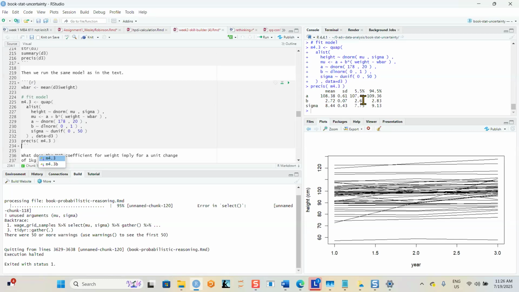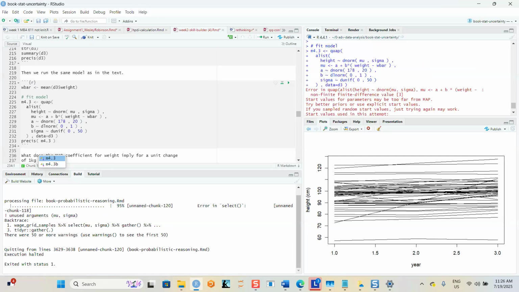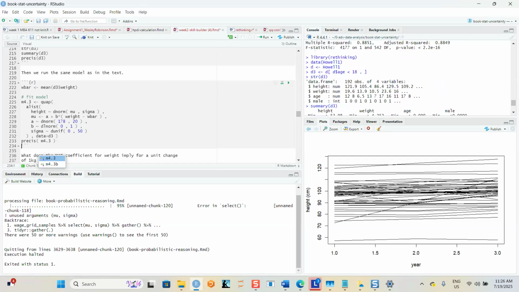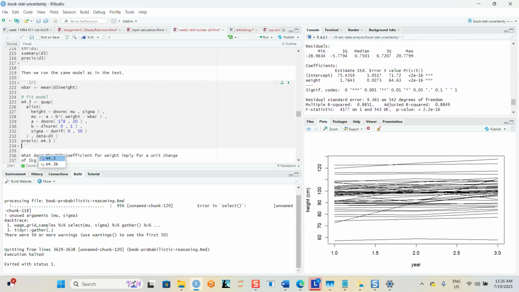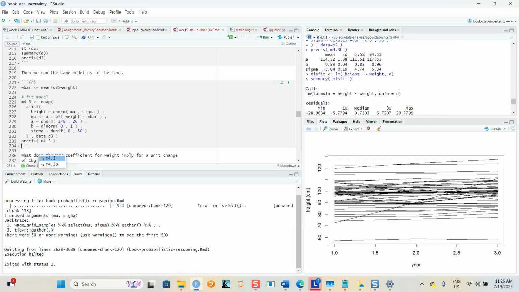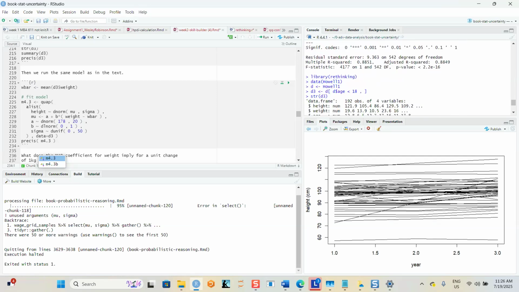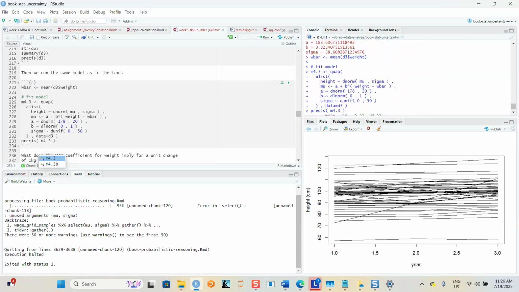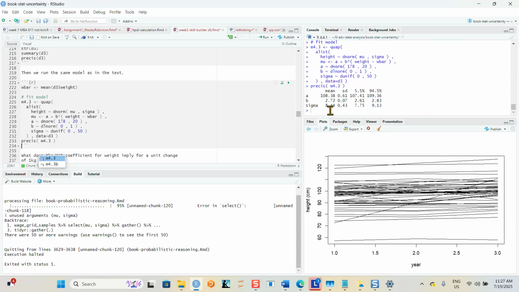Look at how tight that is. That's extremely tight now compared to our other model, which is Précis 4.3b. We're going to compare this with